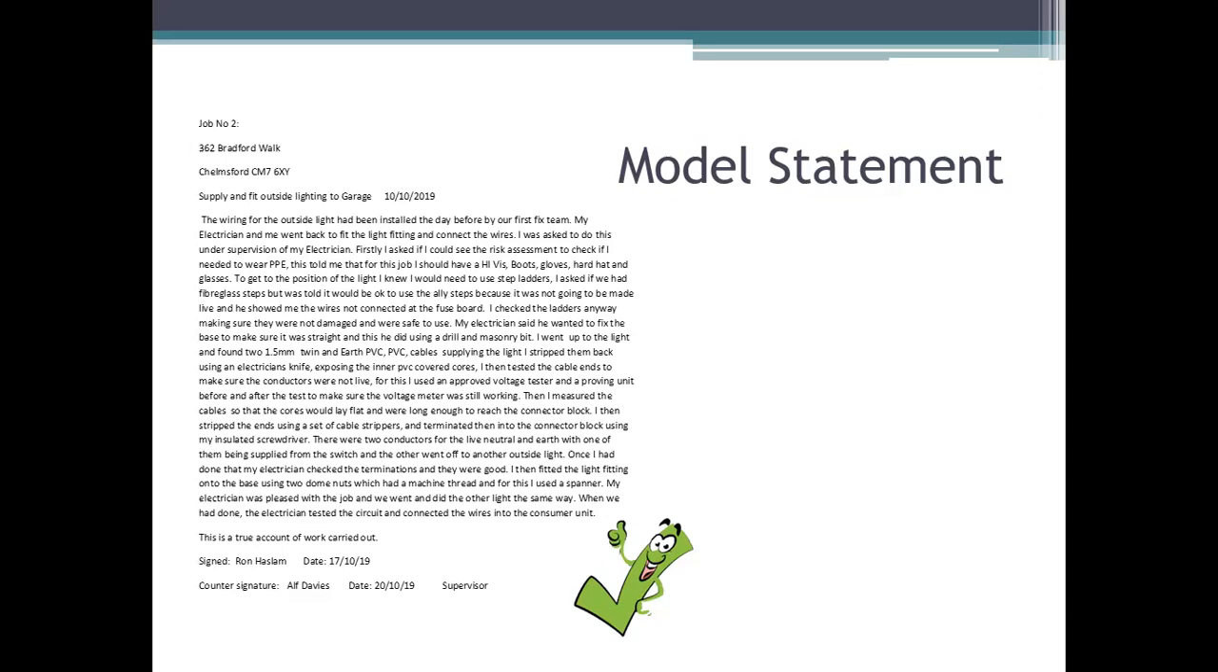And what we've got, if we get to the bottom, is a account of work carried out. It's signed by the apprentice, and it's given a date. Okay, so the job happened on the 10th, but it took about a week to get the statement together. So that was dated a little bit later, and then it's countersigned. This is a named signatory, Alf Davis. So it took him a few days to do that. 2010-19, and he's the supervisor, and he must be on the list of approved witnesses. So now you've got a statement of work done,